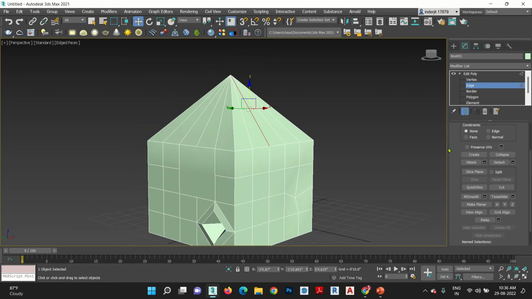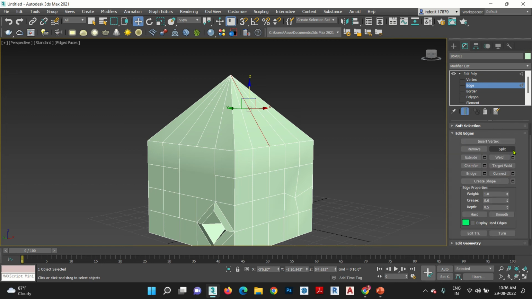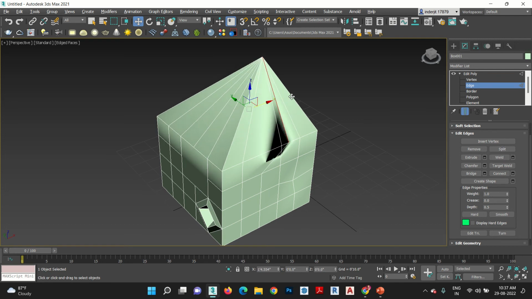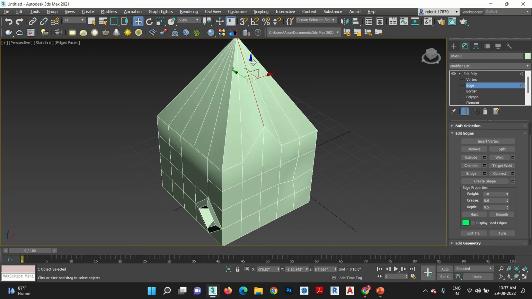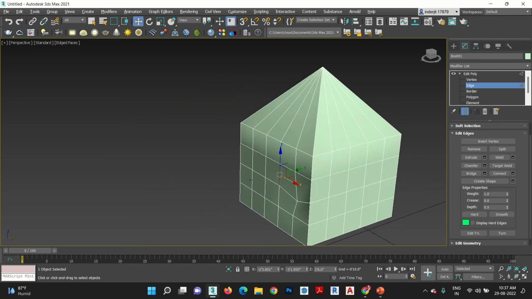Okay. Come to your next, edge. Rest is same. Edit edge. Same split if you want to split it. Split edge. Spin here. चलो ये मैं देखती हूँ. Extrude same way, weld, chamfer, everything is same. Okay, connect is very important in this. What is connect? Connect is